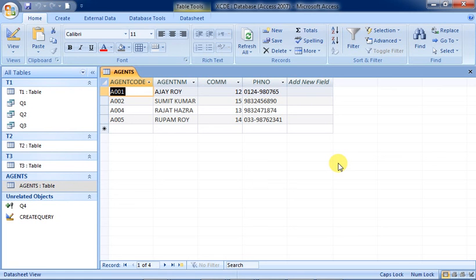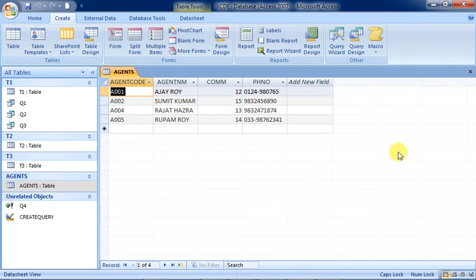All right students, in the next tutorial video I will come up with some more MySQL queries. Till then, practice this and learn how to create a table and insert values into it without using the datasheet view and the create table option from the menu. That is what I wanted to tell you.